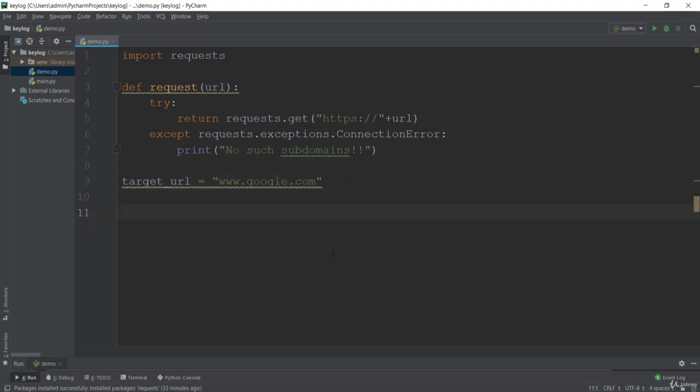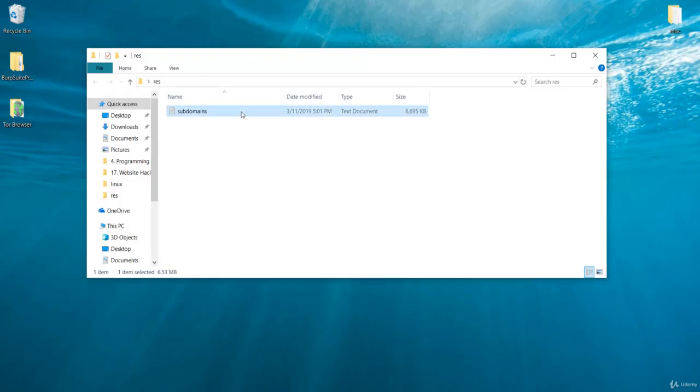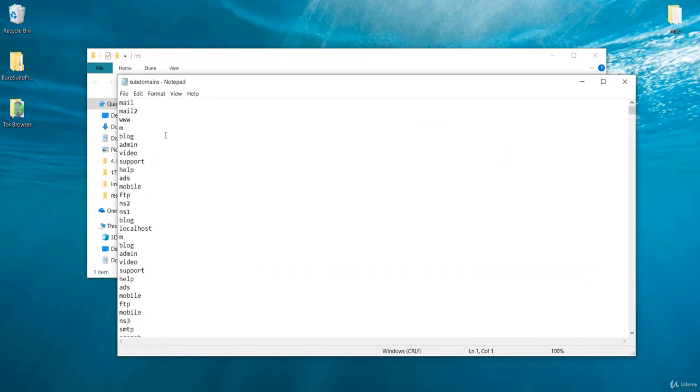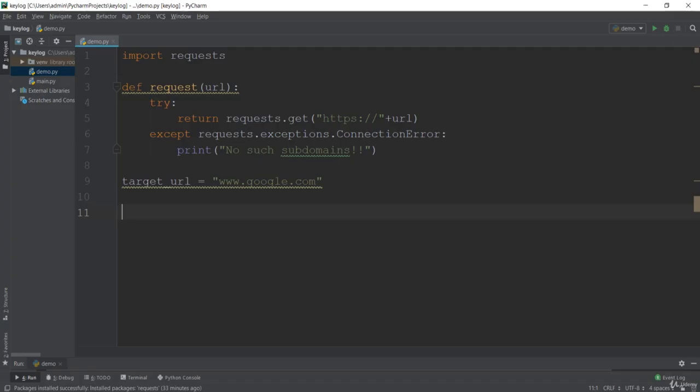So to do that, we have now this list. So let me just go over here. I have added it in the resource section, and you can just check this out. So these are a couple of word lists. We have to see if this word list, or basically if this line of code, is associated with our link or not, or basically our target URL or not.